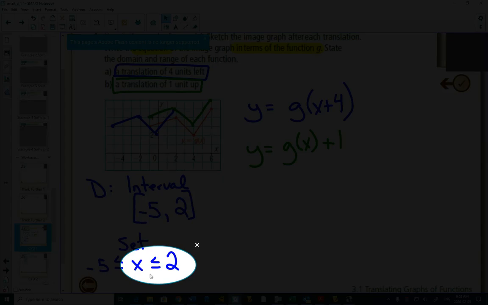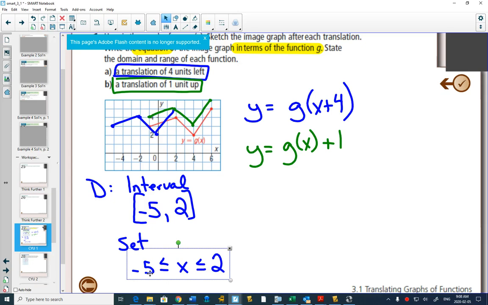Each of those things are true. x is bigger than or equal to negative 5 and less than or equal to 2. Putting those together means you're going to put your x value in the middle. And it's same as the interval. It's going from the smaller value to the bigger value. And x has to be bigger than that smaller value, but less than the 2. And the square brackets in set notation has that equals sign underneath. So there's our domain,